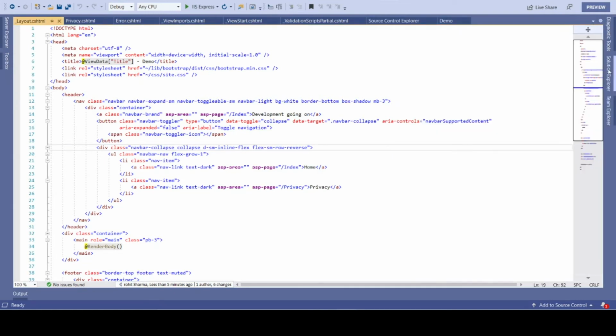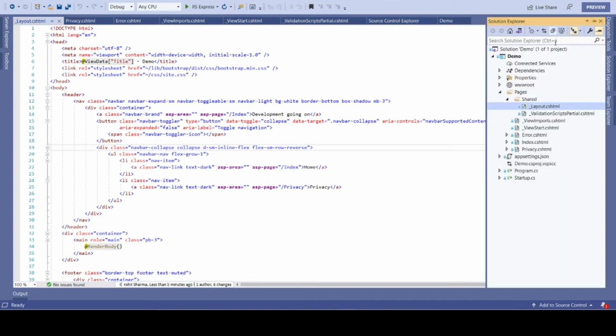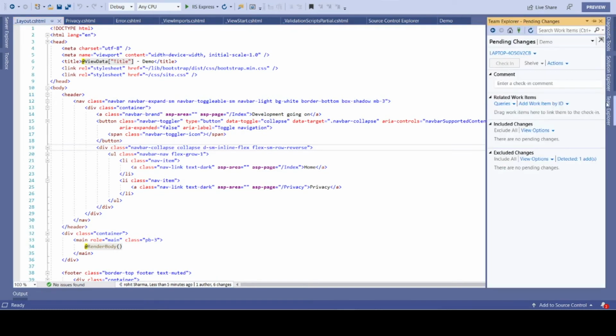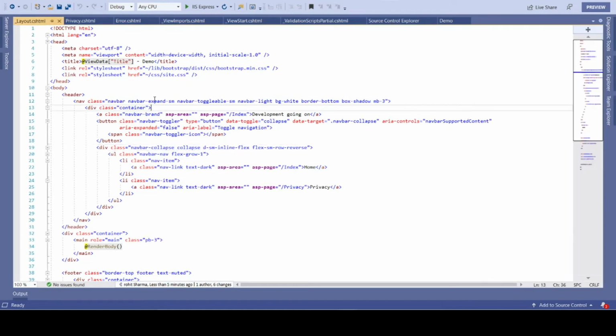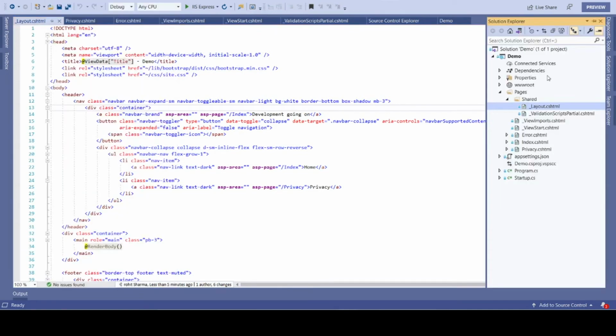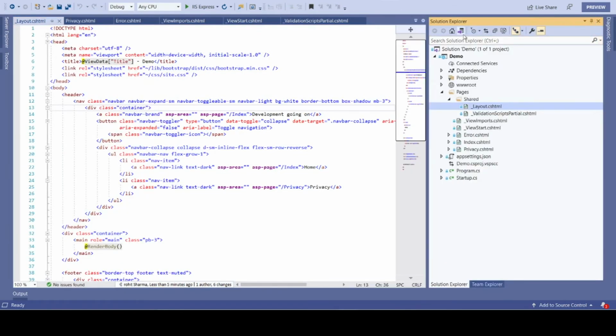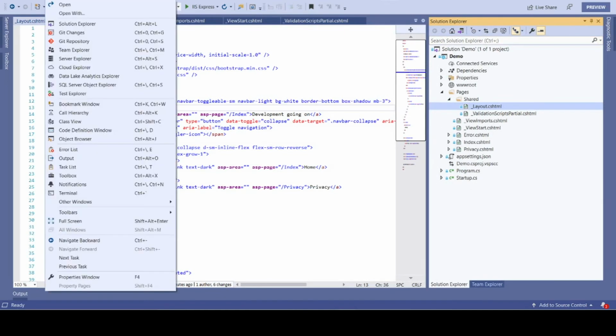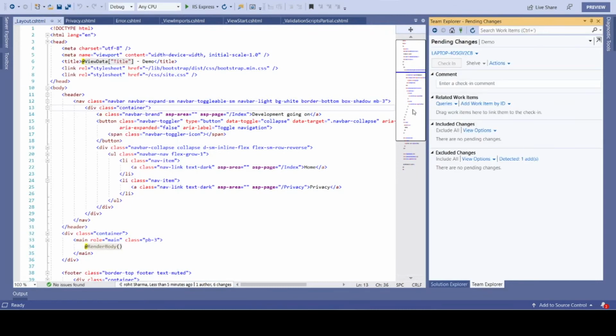Another thing which I want to mention here is, many times the Solution Explorer and the Team Explorer window automatically do not pop up or come here. Where can we find them? Go to View, there is an option of Solution Explorer. All the files in the projects are listed and visible in this location. And the same goes with Team Explorer. Go to View, click on Team Explorer, and this comes up.